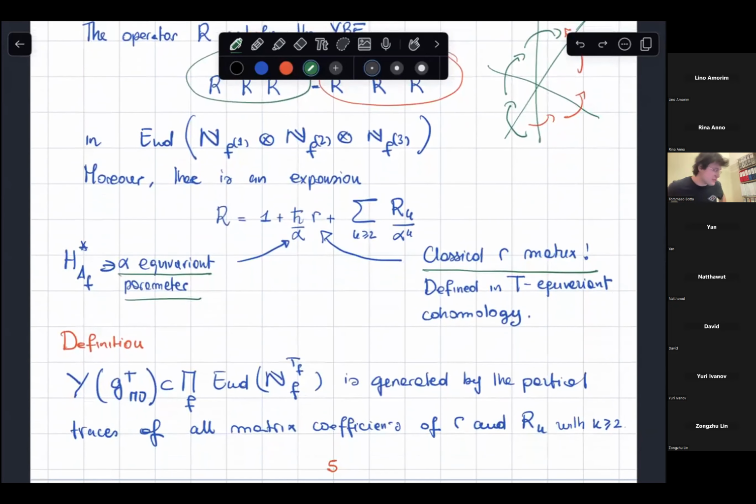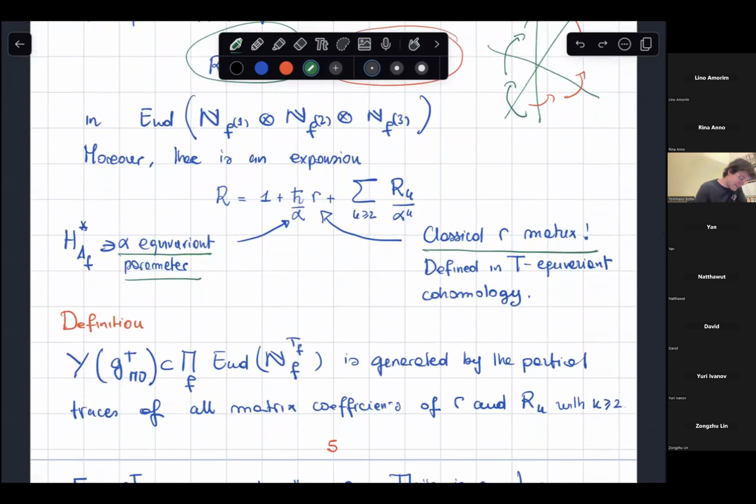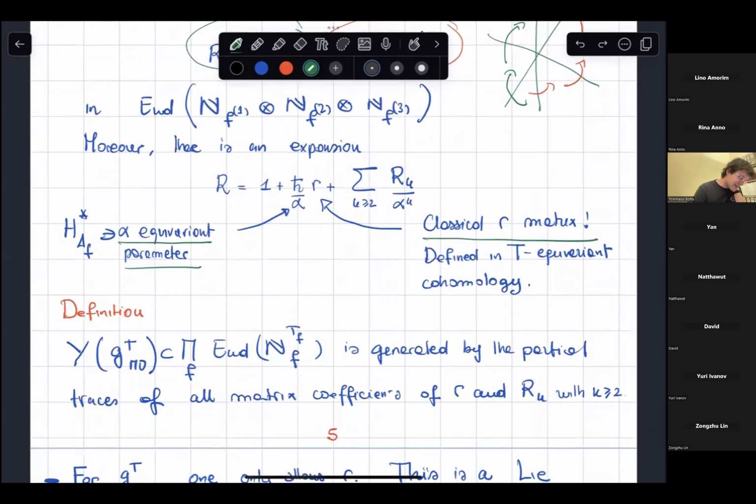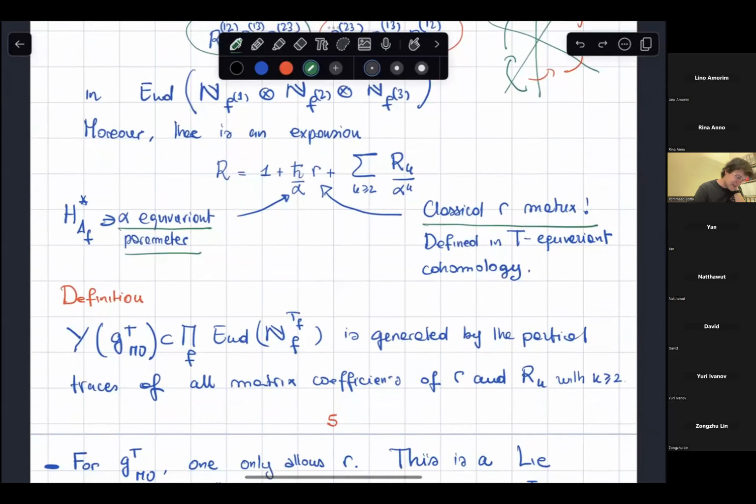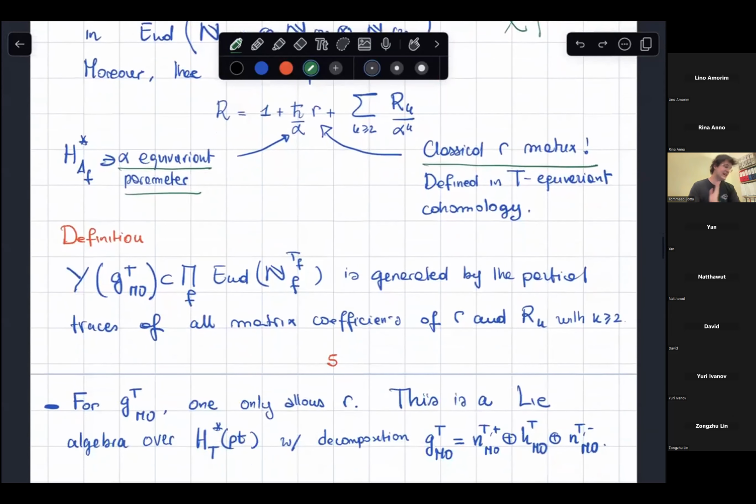And okay, finally, we have all the ingredients to define the Maulik-Okounkov Yangian. I will not be too precise for time reasons, but let me say that the Maulik-Okounkov Yangian is some subalgebra of the algebra of endomorphisms of all quiver varieties, and it is generated by partial traces of all matrix coefficients of the classical R matrix and the higher coefficients of the R matrix. Instead, in the Maulik-Okounkov Lie algebra, one only allows the classical R matrix. Once again,